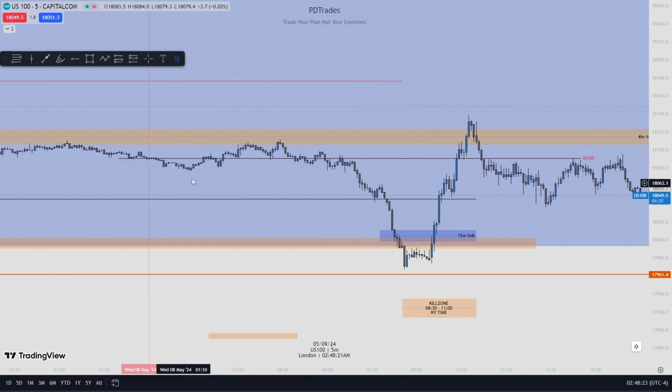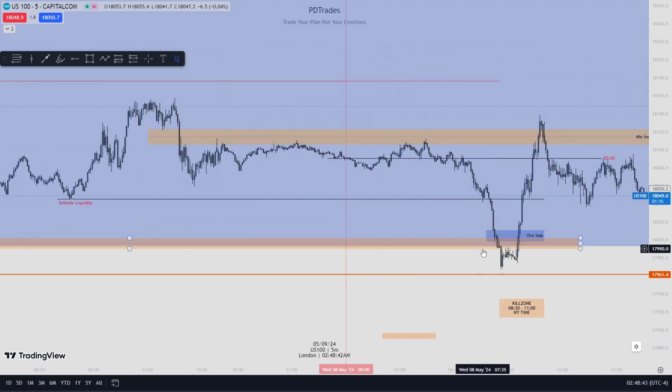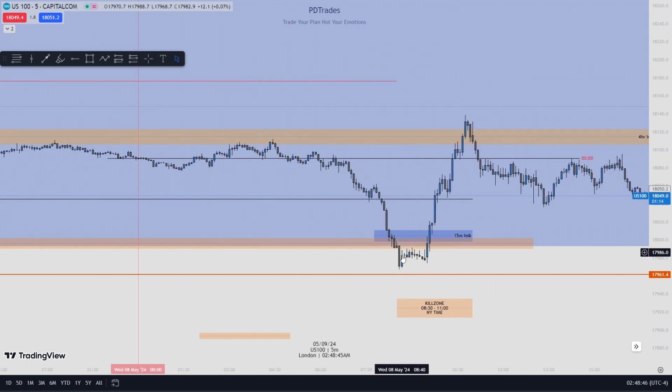So remember I said the market opened, just kept on consolidating even during the London, kept on consolidating, then distributed to the sell side. Meaning what was my drawn liquidity, that 4-hourly order block, right? And looking at the wick of that swing low. So what did it do? It rejected from here. Then it made a what? A strong displacement to the buy side.